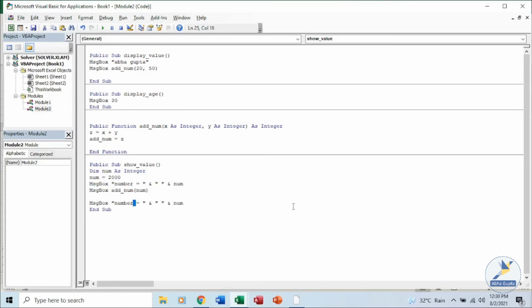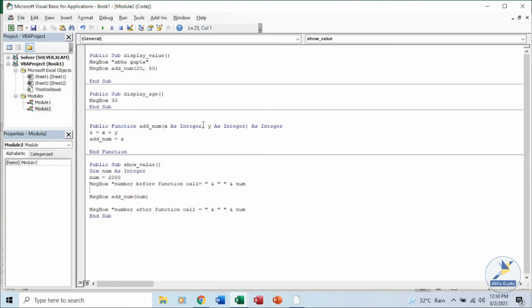Number after function call, and number before function call. So before calling the function, what are the changes, and after calling the function, what are the changes to our number. I think it is visible over here.